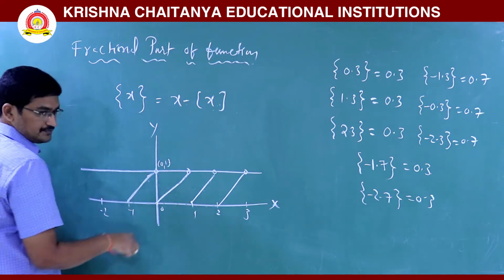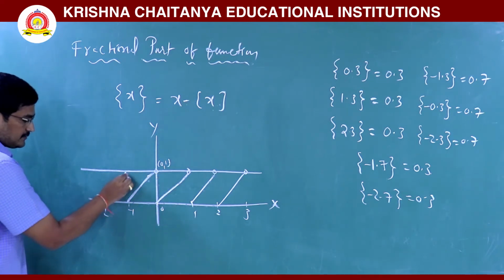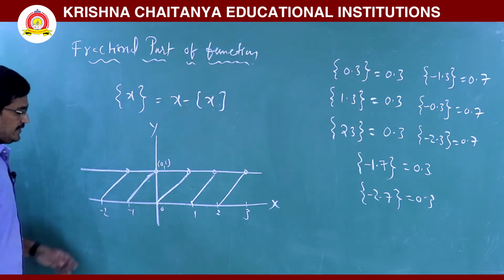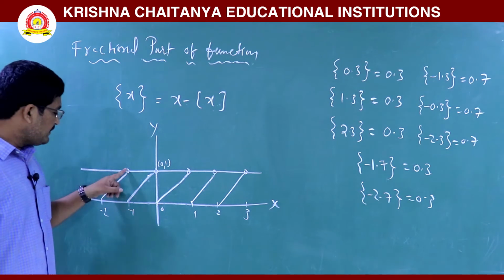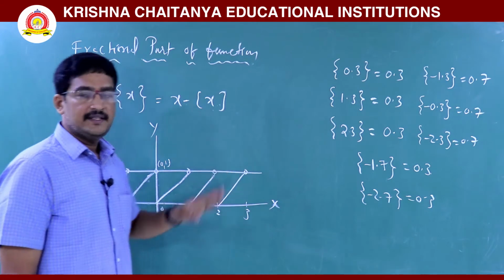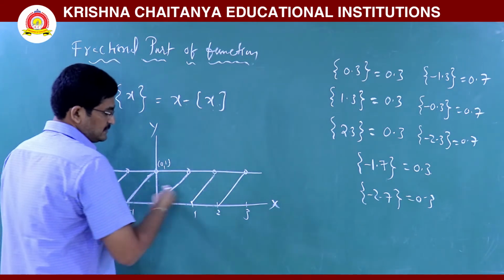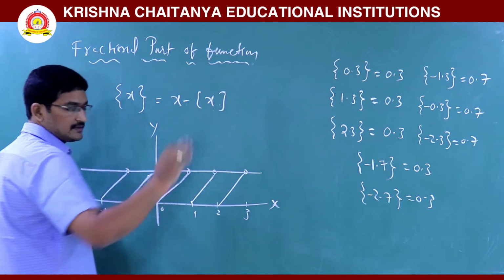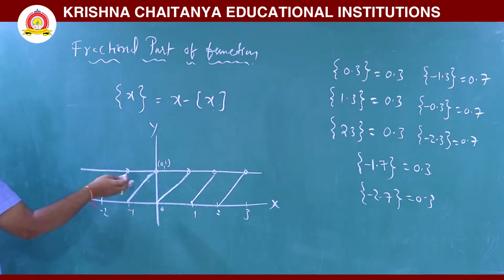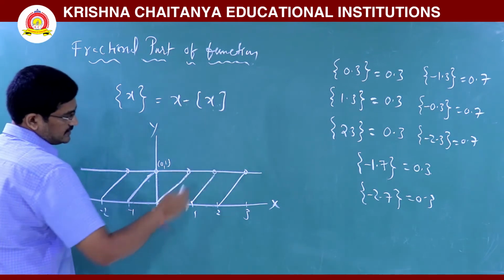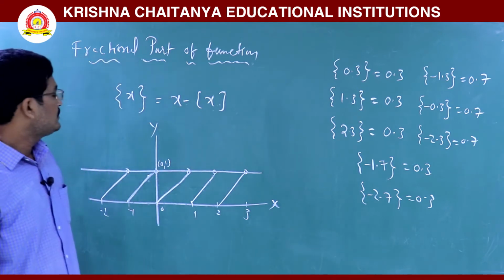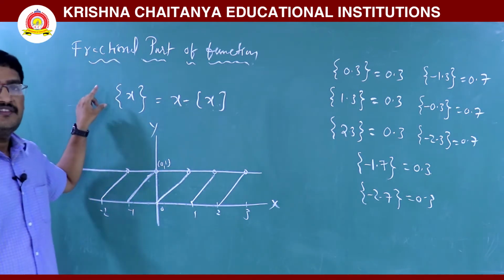At 0, that is 0. So in this way, the line moves up to the value before minus 1. At minus 1, the fractional part is 0. So this is the fractional part of x. We have to draw these parallel lines endlessly. This is the way the lines move in the coordinate system, which is represented by the fractional part of x.